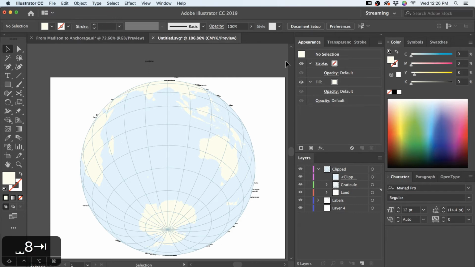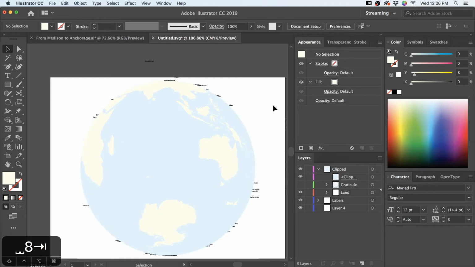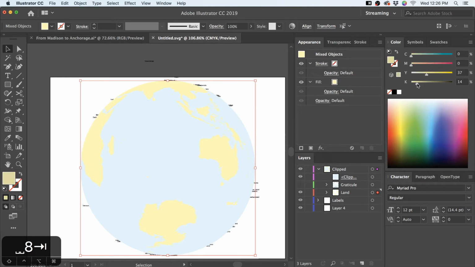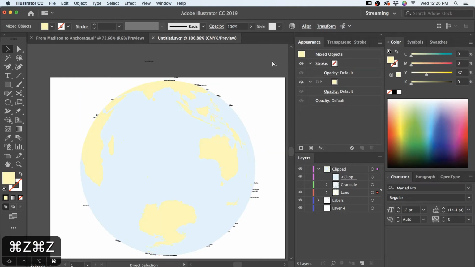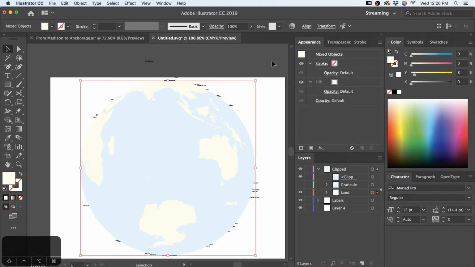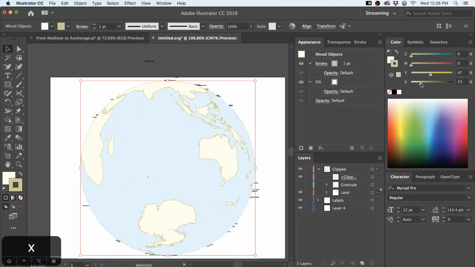All right, one thing I'm going to do, I'm going to turn off my graticule for a second. One thing I want to do is make this land pop a little bit more, and one way I can do that is a glow. I can make the land pop probably just if I made the color really strong. It's clean and distinct. But if I want them both to be pretty subtle and light, I need something to give just a little bit of darkness around the edge here. And one thing some people do, and you might think of it, well, I could make a yellow stroke, right? Or a dark yellow stroke.